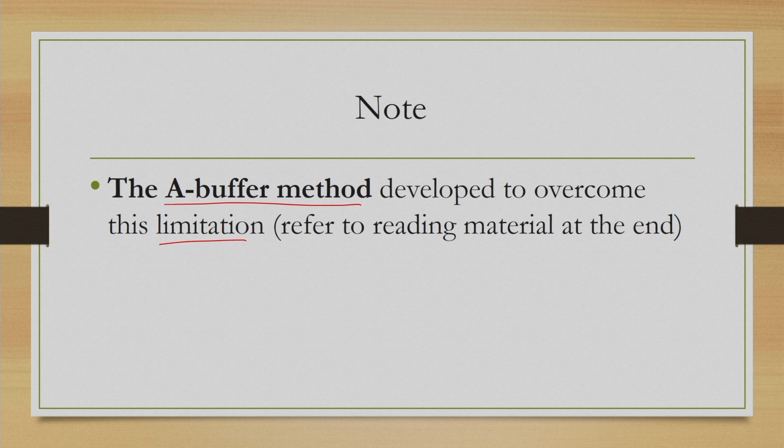So, to recap, today we learned about the basic idea of hidden surface removal. We learned about different properties that can be utilized to reduce computation. Then we learned about two broad classes of hidden surface removal algorithms. One is the object space method, one is the image space method. We learned about one object space method, that is the backface elimination method, and we also learned about one image space method, that is the depth buffer algorithm or Z buffer algorithm.